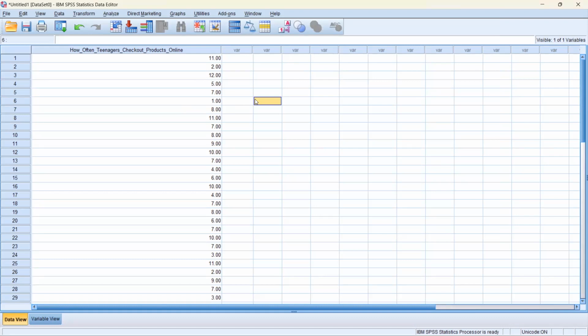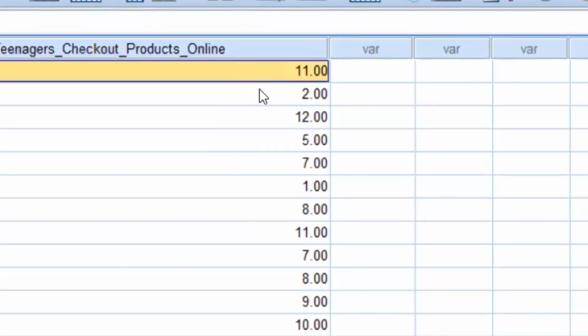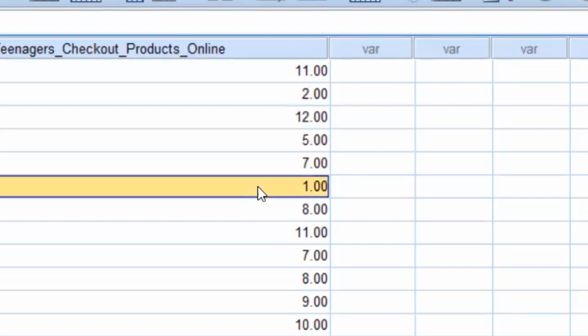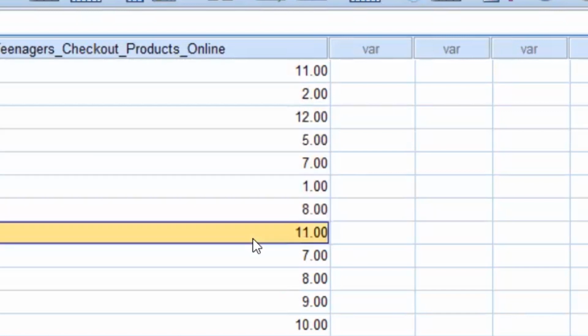For the given data set, the problem that was given is teenagers aged 13 to 16 were asked how often they check out products through online shopping applications for 3 days. The name of our construct or variable is how often teenagers check out products online, in which we have also listed the numerical values of our data below, which are as follows: 11, 2, 12, 5, 7, 1, 8, 11,